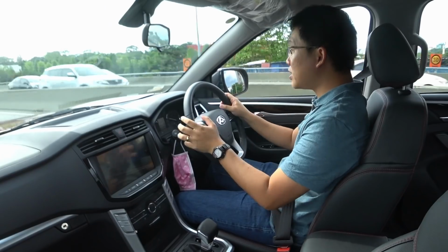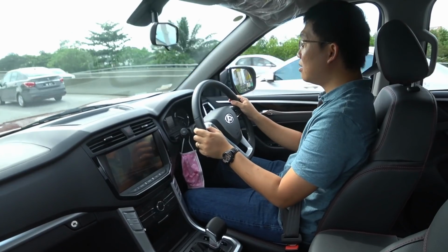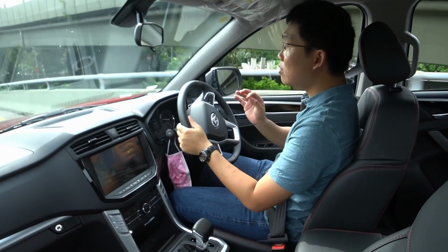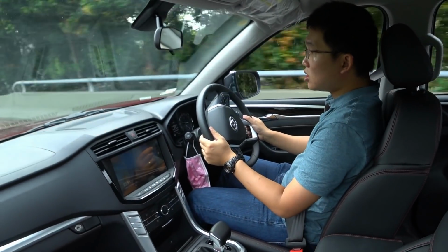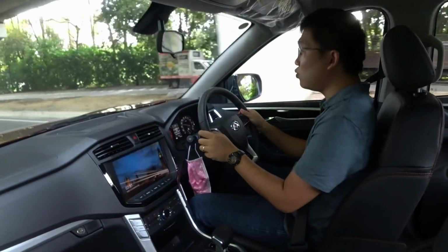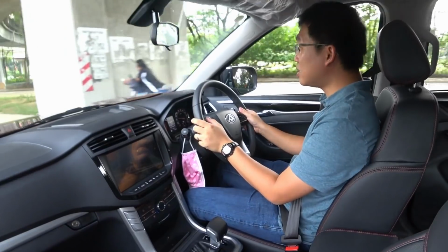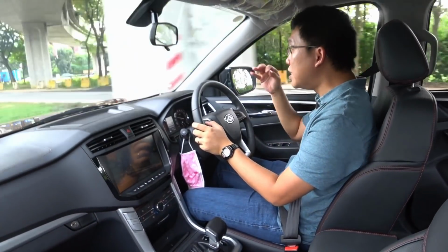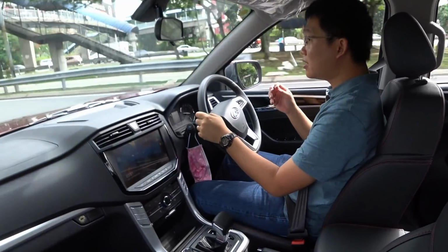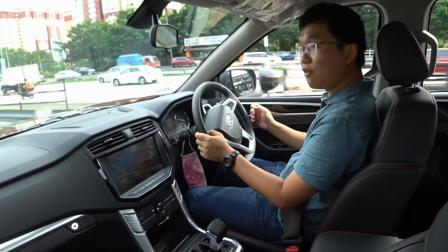In fact, my whole time with this car, the only real complaint that I have is that the ride is slightly busy, even in the context of a pickup truck. The reason I suspect is simply because this first batch of trucks come with the 19-inch wheels that inevitably will compromise your ride quality. But despite that, beneath that stiffness, there is an overwhelming sensation that this chassis, the frame of this truck, is tough as nails, and you